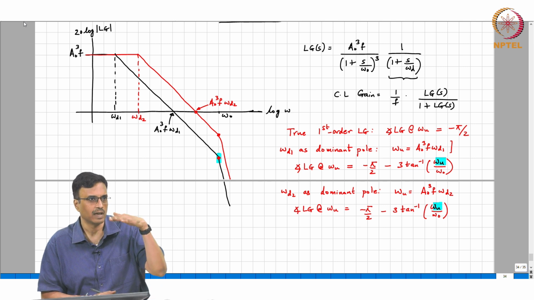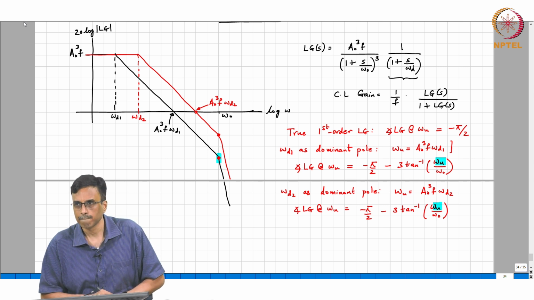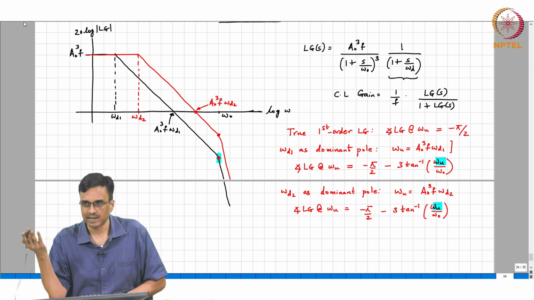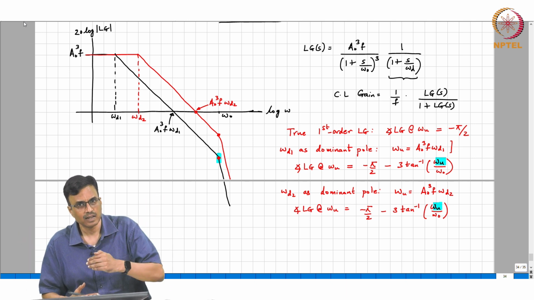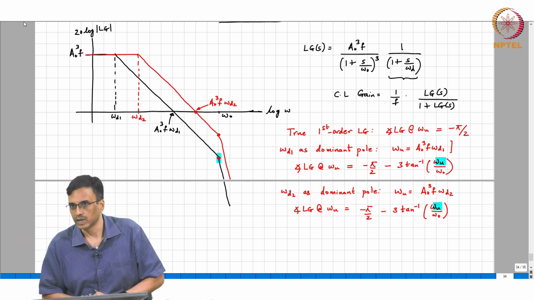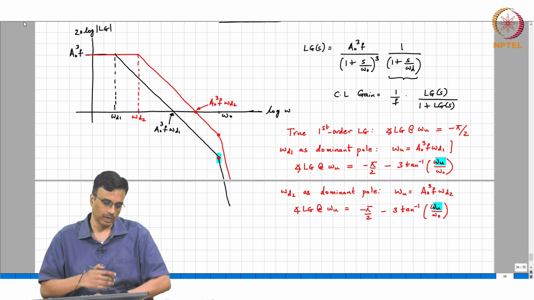So therefore, at low frequency the magnitude remains approximately flat, whereas the phase is a linear function of frequency, and therefore you will get something which is